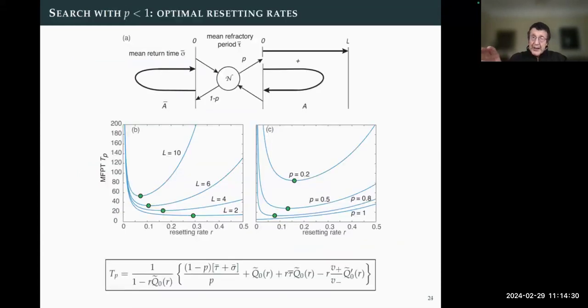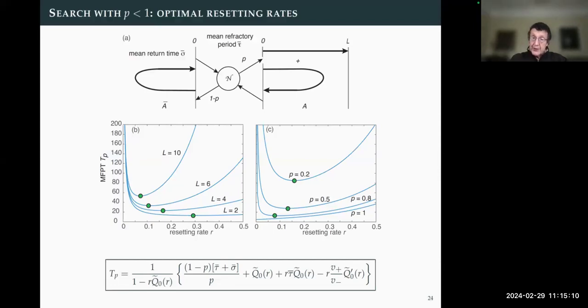So I'm not going to do the same thing because it's a lot more complicated, but you can derive the corresponding formula when you allow for the fact that you might fail. And this is where it becomes really interesting because, as I said, the reason that these systems, I think, have a shrinkage phase, have catastrophes in cell mitosis, appear to stochastically reset in the cytoneme context, is that you often grow in the wrong direction and you want to deal with that. And so once you allow for that and include a possibility of failure, what you find is the mean first passage time is minimized at an optimal resetting rate.